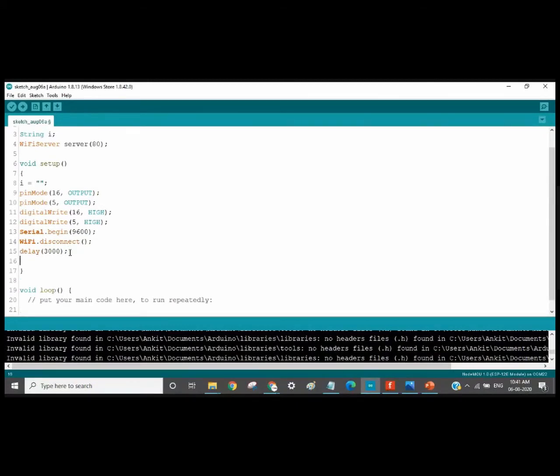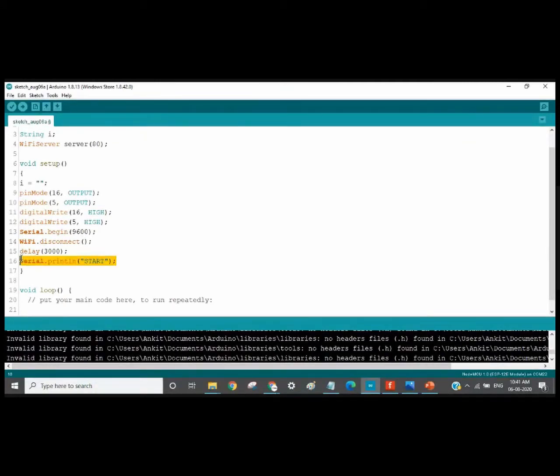Then what we will write is Serial.println("start"). I am writing this statement because I want to see whether my device has started communicating or not.